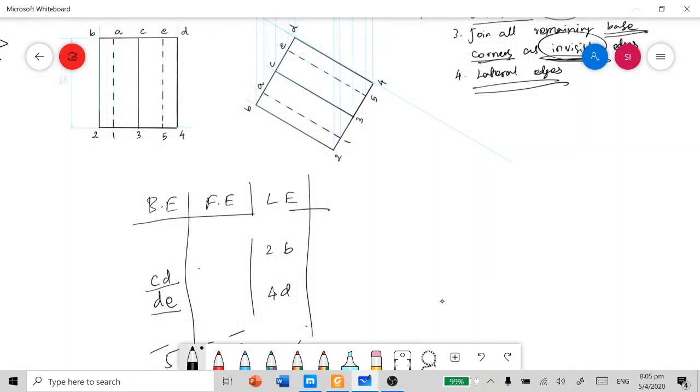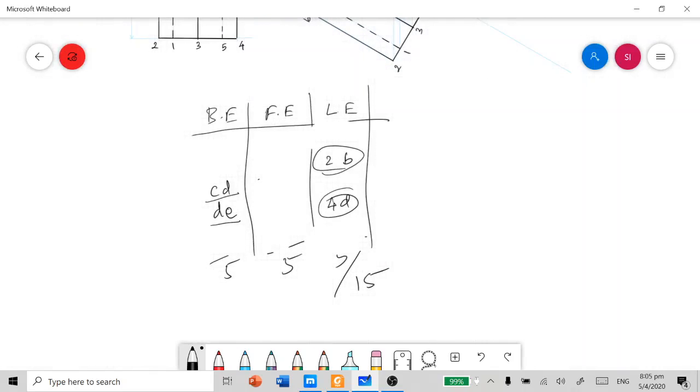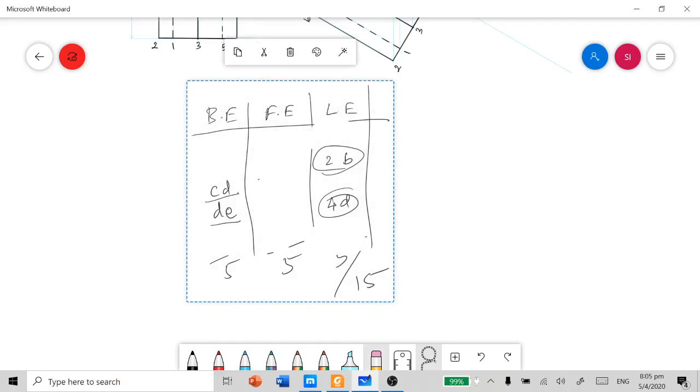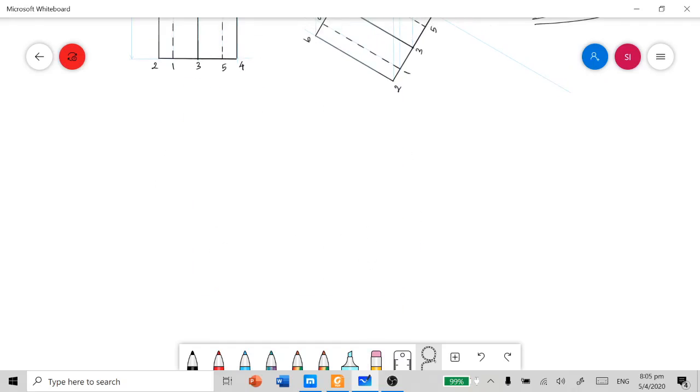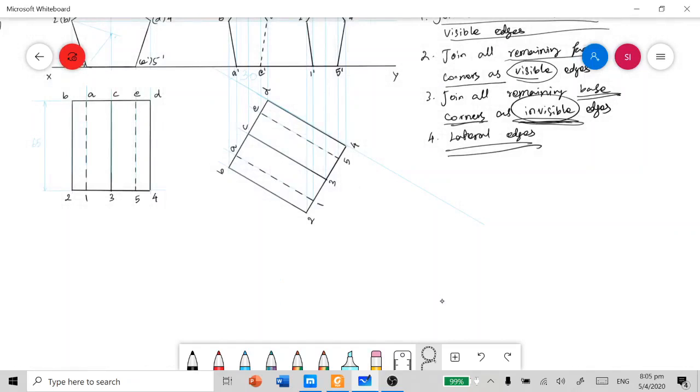And then the lateral edges, you have to decide. The lateral edges 2B and 4D are not yet connected. This can be easily decided by seeing the solid from the front. Just see the lateral portion from the front view.